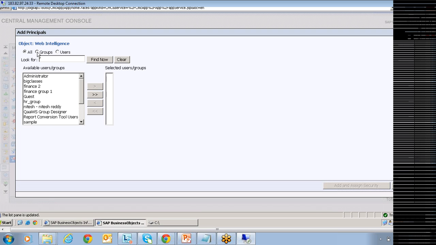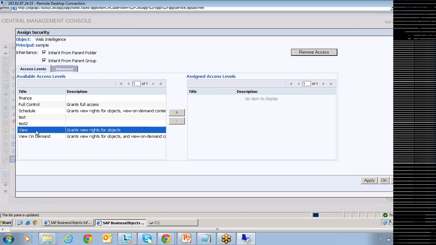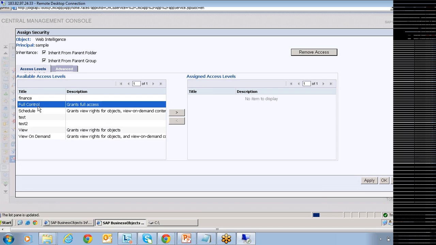Now here, you can assign predefined access levels. View means all the view rights are already selected, and they created a group called view, which is a predefined access level. Full control, whatever access rights are required for full control, they have already predefined and grouped together with the name full control. That set you can assign directly, or otherwise, if you want to manually assign your own rights, then click on advanced,